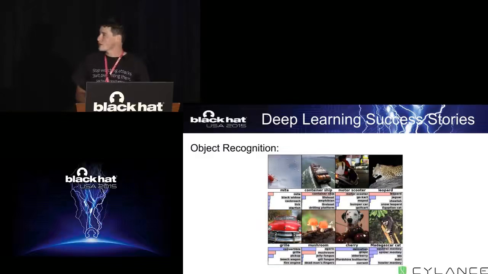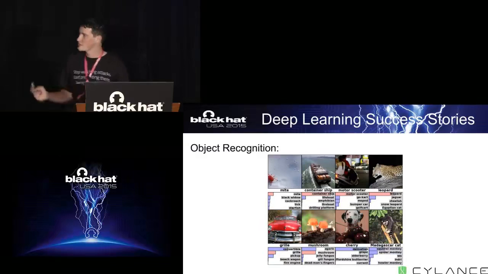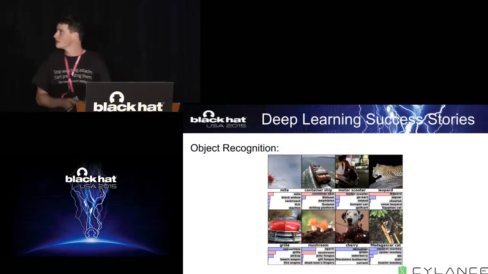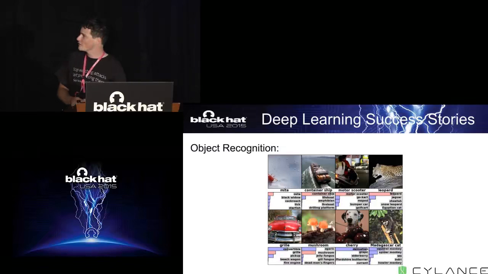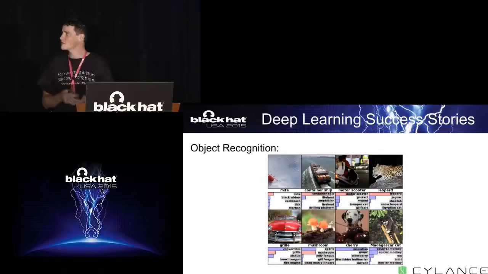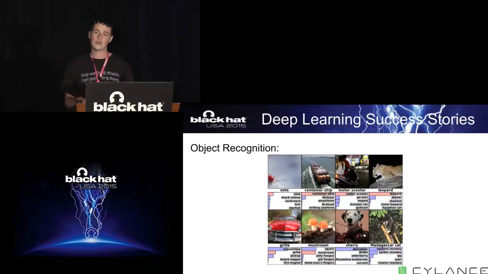So this is sort of the turnaround point for neural networks. This happened in 2010. It was the first case of neural networks working much, much better than the existing solutions in computer vision. Hopefully you can see the labels well enough here. It's correctly classifying things like mites, container ships, motor scooters and leopards. In fact, with this challenge, there are 1,000 output classes, so the things it needs to identify are very wide and varied.